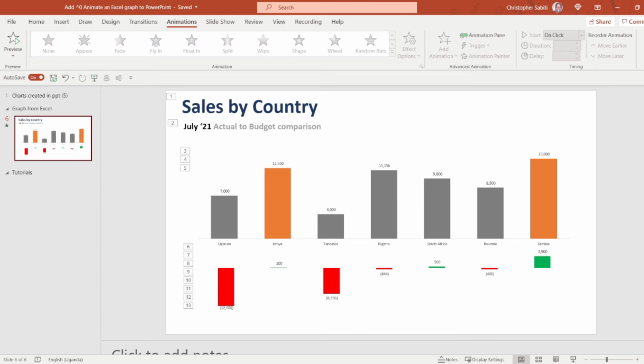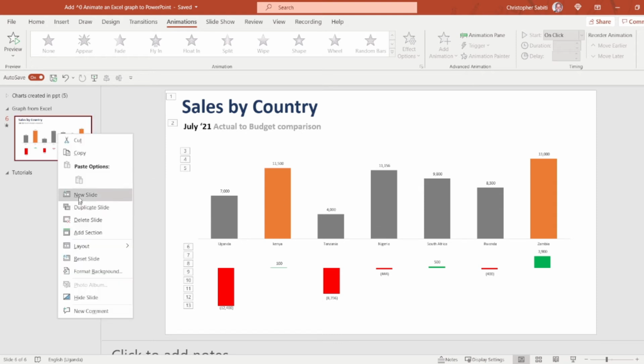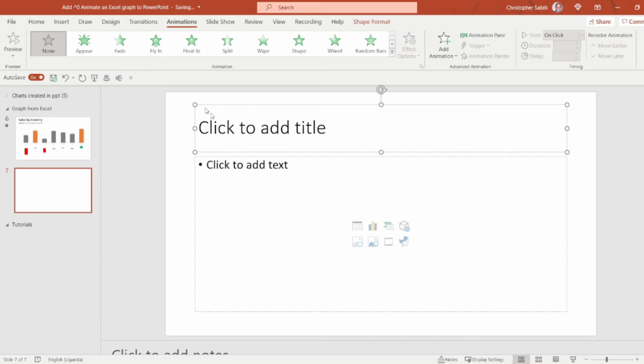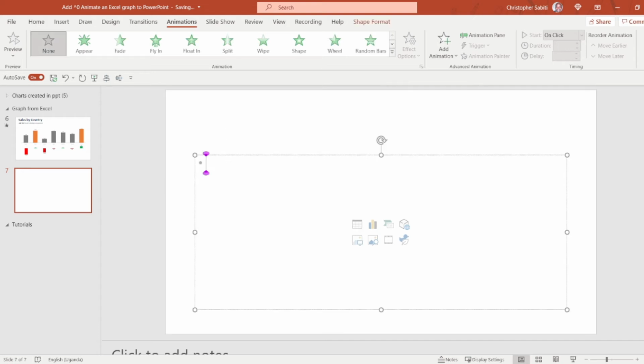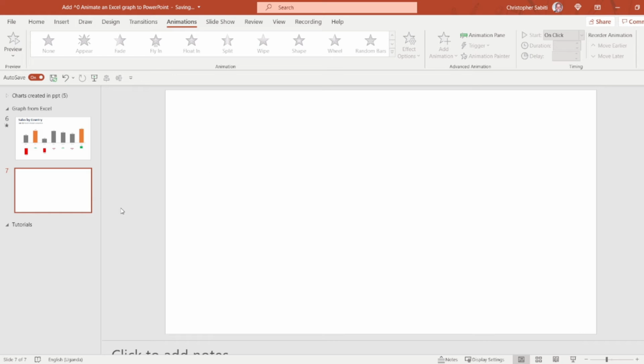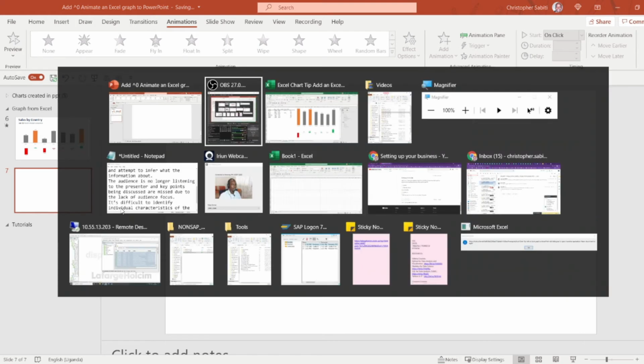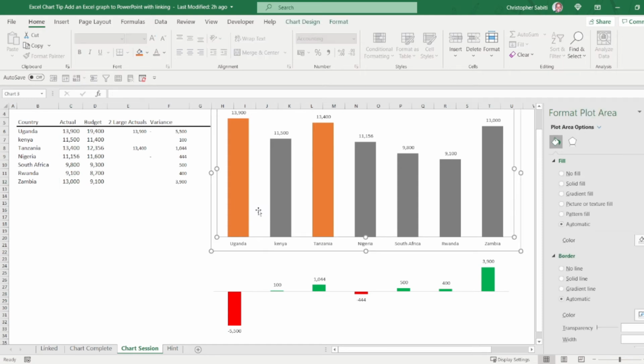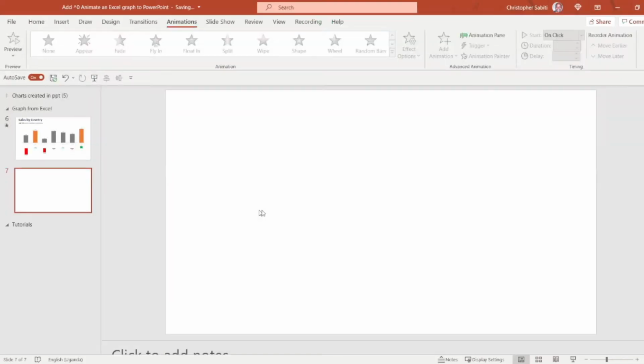Okay, this is it. This is what you're looking at. I'm going to create a new slide. On the new slide, we shall put our own custom title. We shall have our own details, charts, and all the other things. Now the first thing I do, I will go to my Excel. First copy the first graph, copy, then in PowerPoint, Control V.